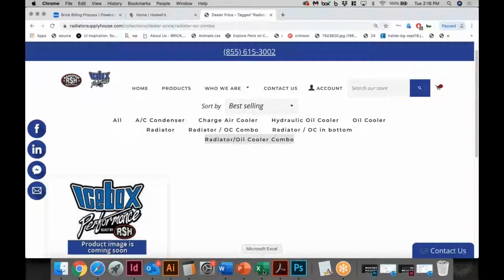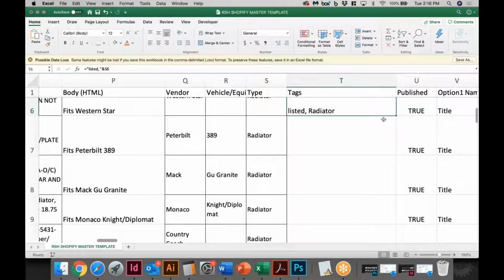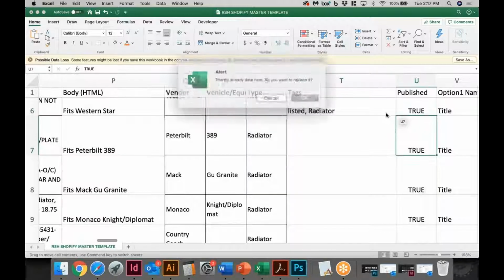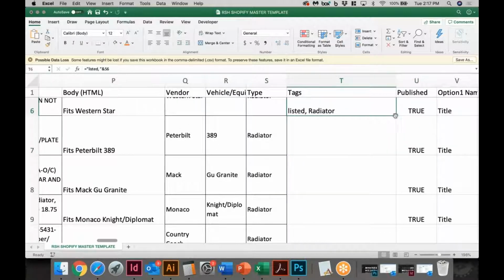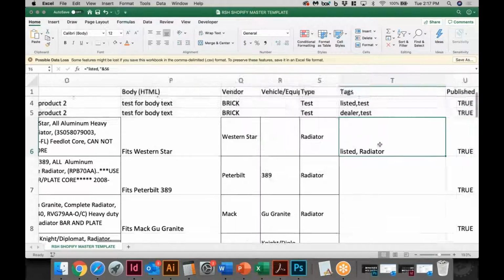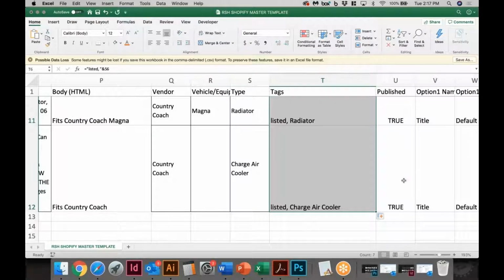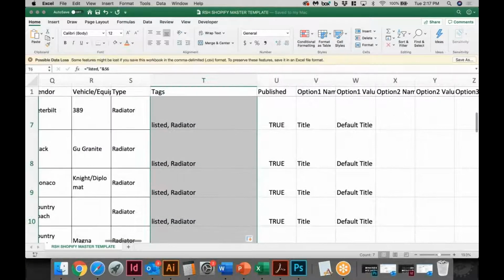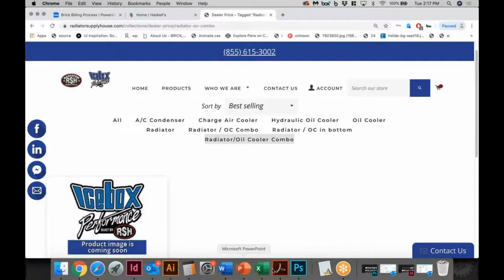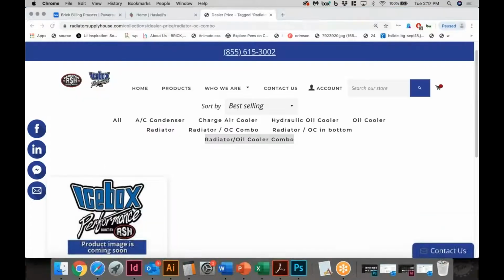No, that's awesome. And again, you can drag it down to fill in the other cells below it. Here we go. So the next column is variant gram, column AC,